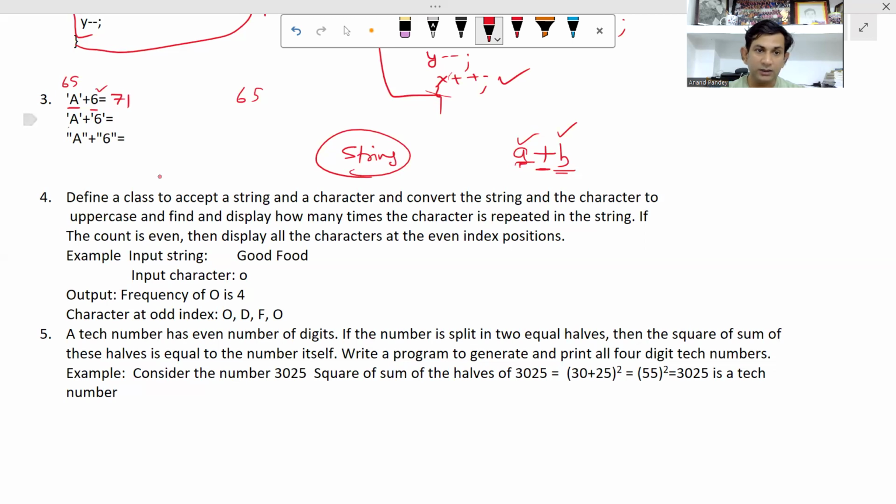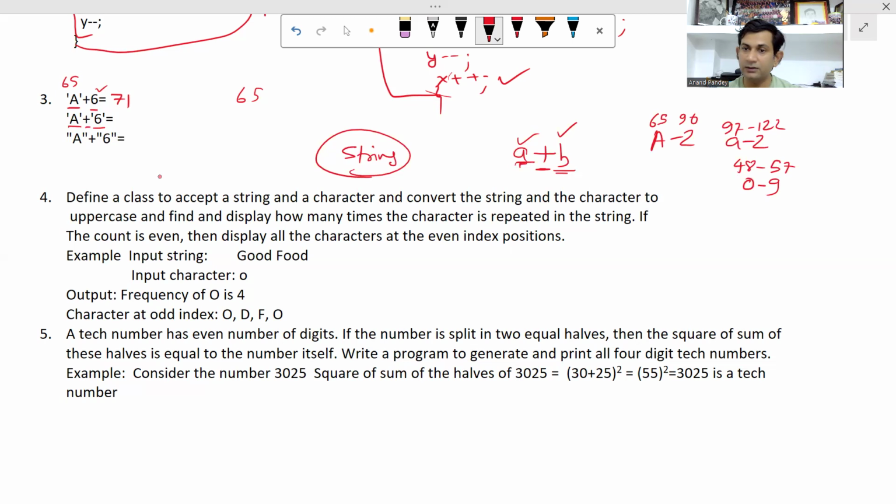ठीक है, यहाँ देखो ए है कैप इन सिंगल कोट, 6 ऑल्सो इन सिंगल कोट, तो अब यहाँ पे दोनों कैरेक्टर हो गए, स्ट्रिंग यहाँ भी नहीं है, तो ये ऑपरेटर एज अ एडिशन ऑपरेटर काम करेगा, यहाँ पे भी एडिशन होगा, तो क्या ऐड होगा? ए की ASCII वैल्यू, 6 की ASCII वैल्यू, कैपिटल ए टू जेड की जो ASCII वैल्यू या न्यूमेरिक वैल्यू होती है, जो भी 65 टू 90 होती है, स्मॉल ए टू जेड की जो होती है 97 टू 122 होती है, लाइक दैट डिजिट की भी होती है, डिजिट 0 टू 9 होता है, उसकी ASCII वैल्यू 48 टू 57 होती है। तो यहाँ पे 6 की जो ASCII वैल्यू होगी 48, 49,